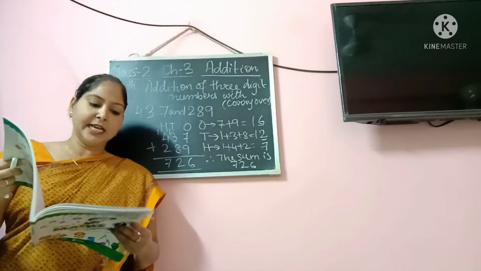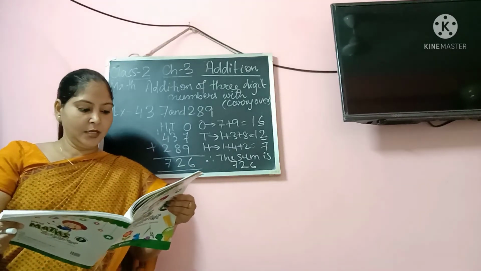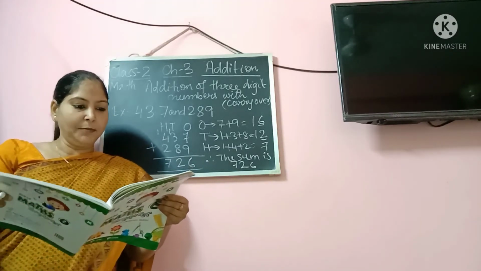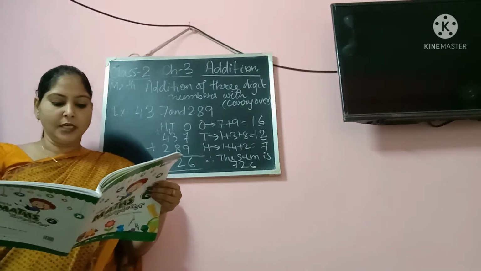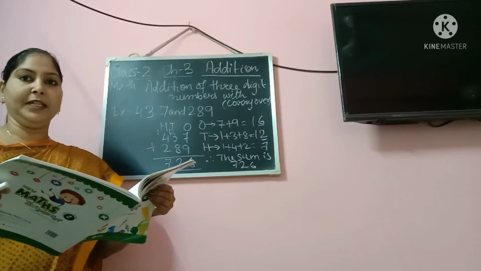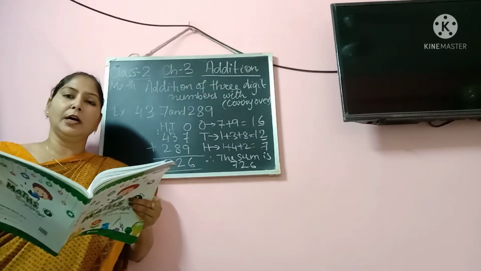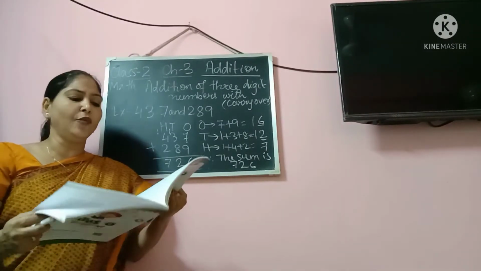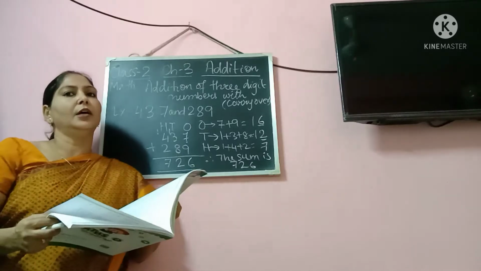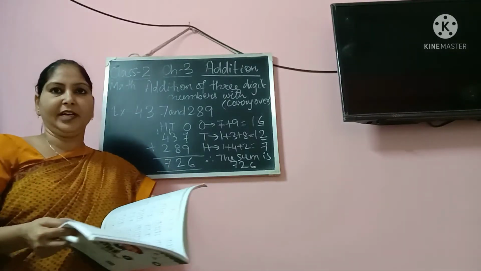Now, this kind of sum you will get to see on page number 48. On page number 48 you have sums without carrying over. I mean, these are without carrying over. I have taught you the questions with carrying over, so without carrying over it will not be very difficult for you.